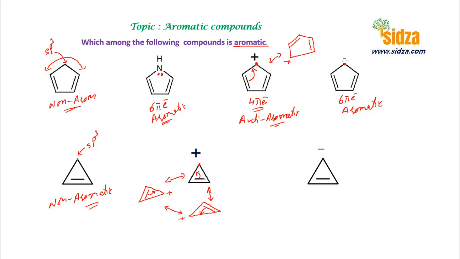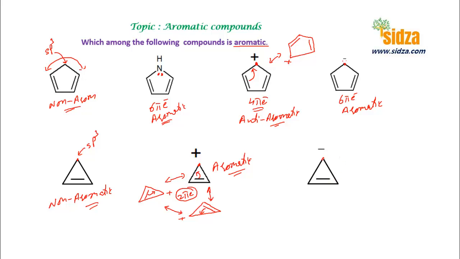Resonance is possible. And in this resonating ring, how many electrons do you see? Only 2 pi electrons, right? There is 1 pi bond, so you can say 2 pi electrons are involved in the resonance. So 2 is an aromatic number, correct? 2, 6, 10, 14, these are aromatic numbers. So therefore you can say this molecule is aromatic, right? It's cyclic conjugated and it contains 4n plus 2 pi electrons.